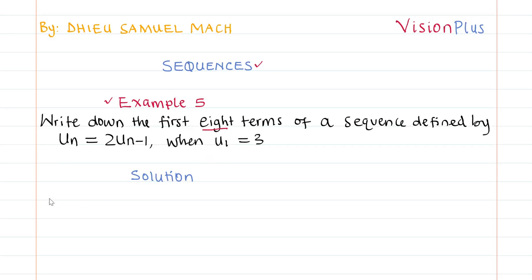So the rule or the formula is given by un equals 2 un minus 1, and u1 equals 3. So we are given the first term already, so we need to find the next 7 terms. So our first term u1